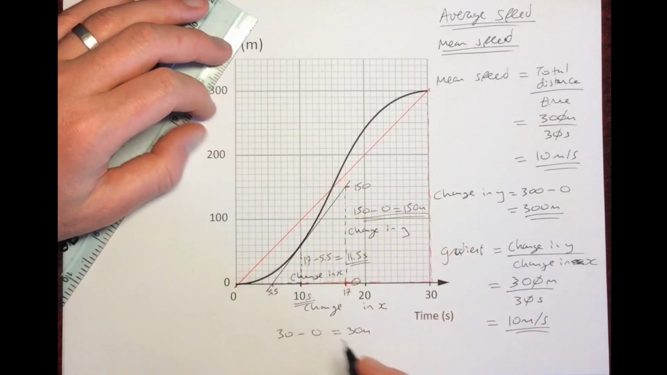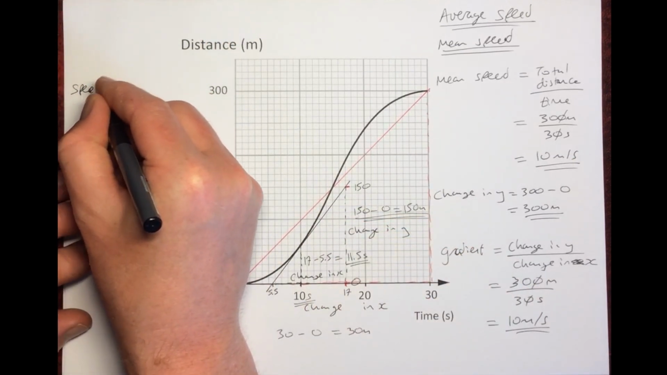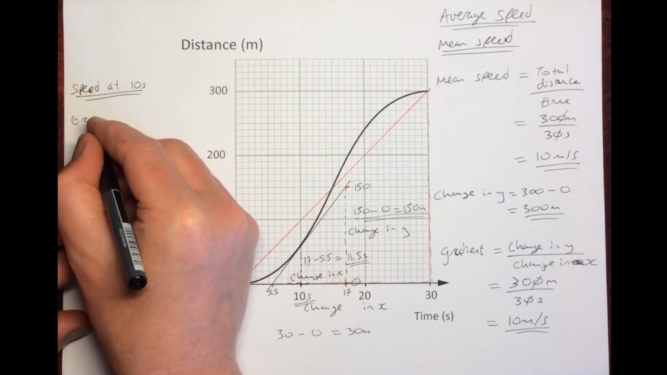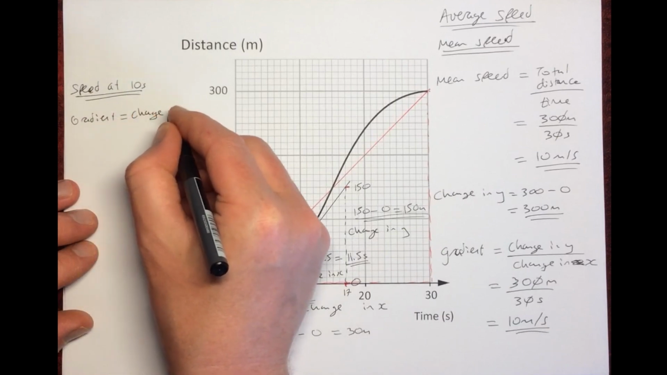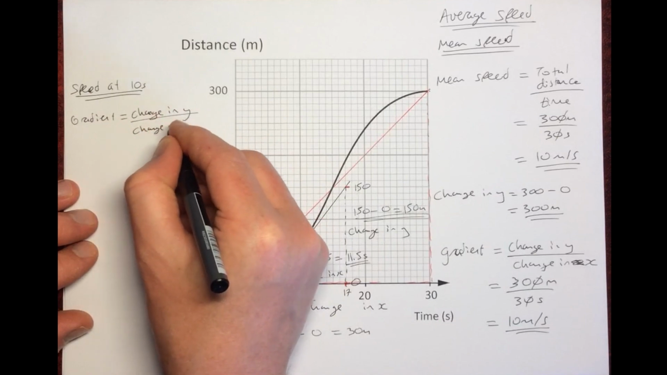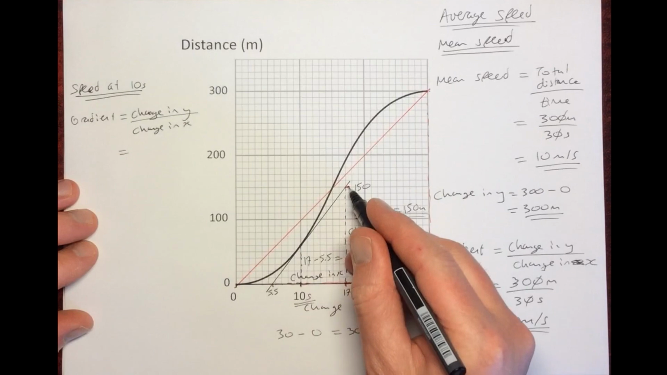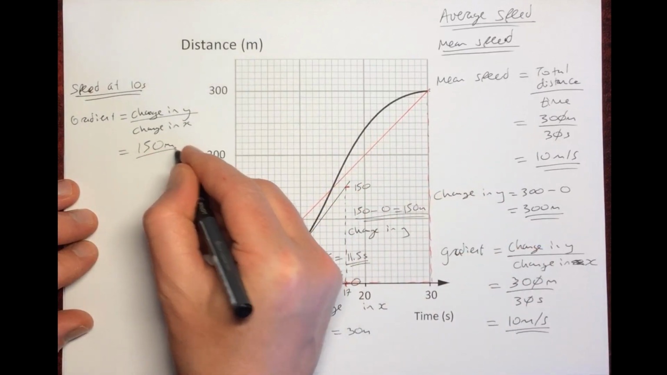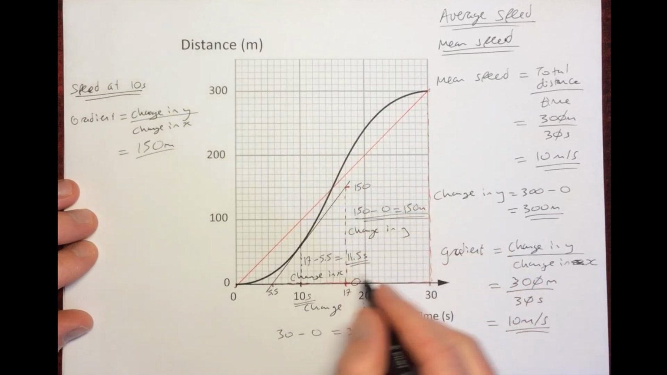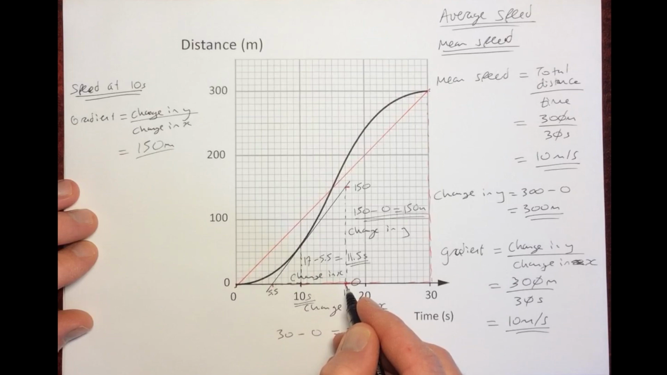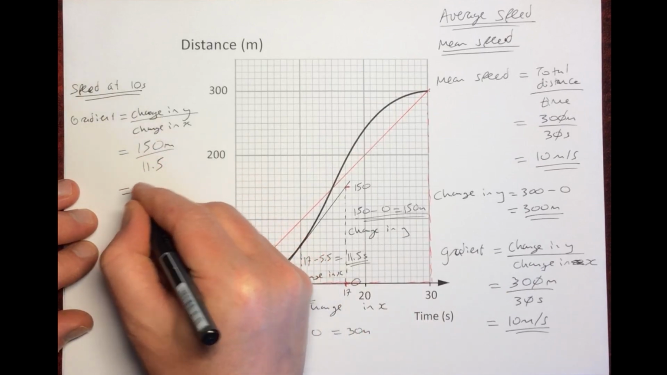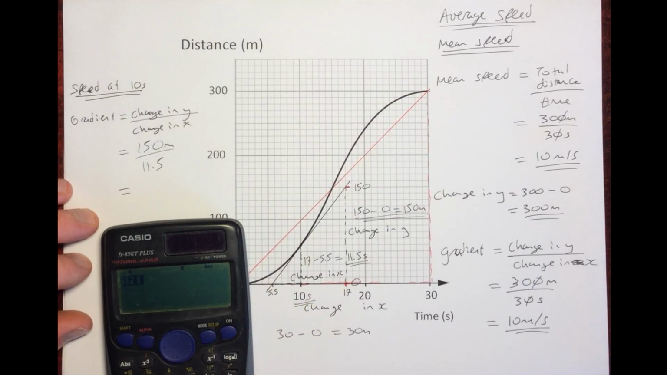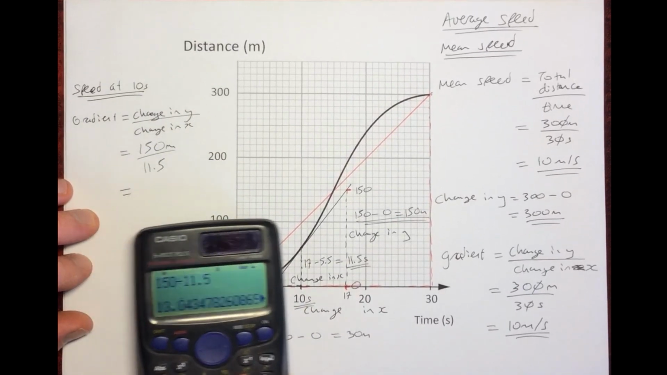So therefore, the gradient at 10 seconds, so the speed at 10 seconds, you need to work out the gradient. And it's equal to change in y over change in x. Now remember we've drawn this tangent here at the 10-second point. The change in y here is 150 metres, because it's gone from 0 up to 150. The change in x, we're going from 5.5 up to 17. So 5.5 plus 11 gives you 16.5, plus the 0.5 gives you 17, so the difference between these two is 11.5. So the gradient here is 150 divided by 11.5, and that's going to give you 13.04